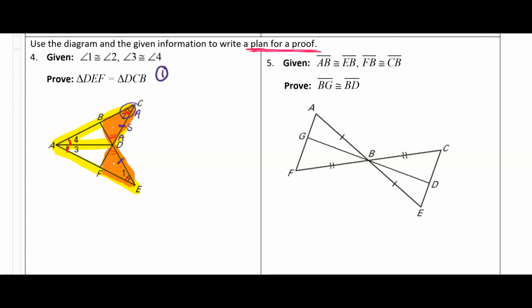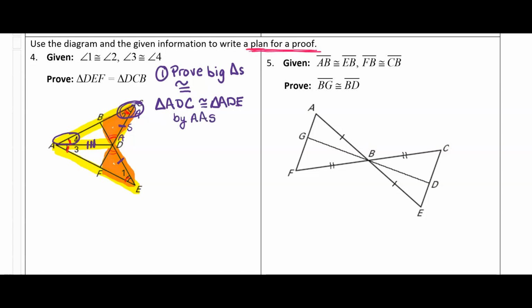Our first thing we're going to do is we are going to prove the big triangles congruent. So that's the ones highlighted in yellow. So if we can prove that triangle ADC is congruent to triangle ADE, we could then use CPCTC. Well, let's see if we actually know the big triangles are congruent. Well, we have an angle, and a reflexive side here. So we actually already have that. So by angle,